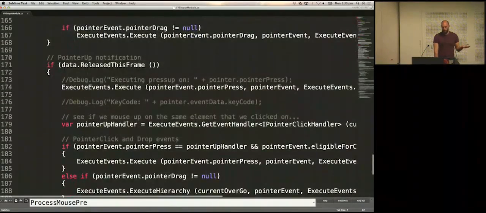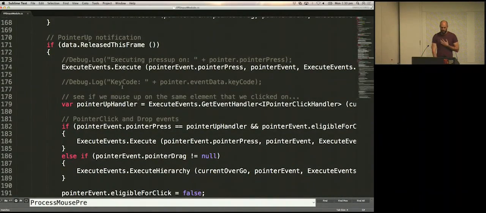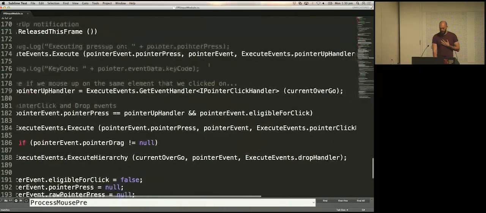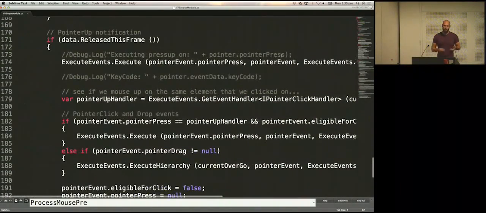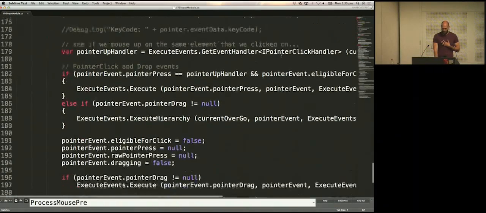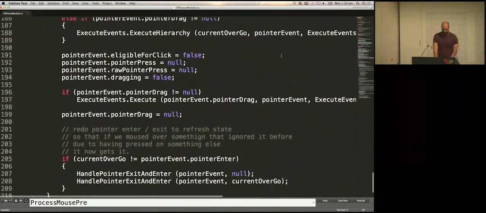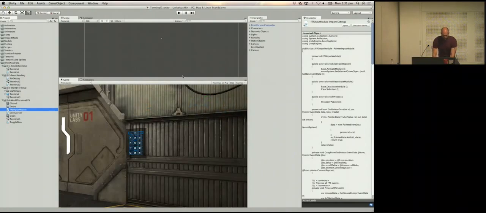And then there's also handling for what happens when you release the button this frame. In this case, we send events like pointer up and pointer exit. And if you've got a drag handler, we do dragging at this stage. So if we have a look at how this is now set up,